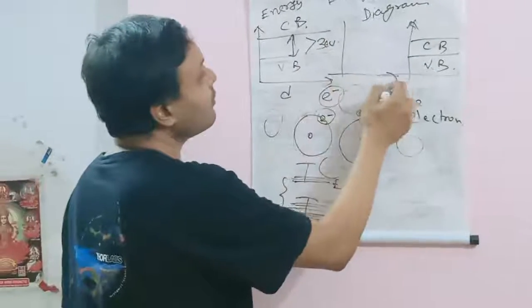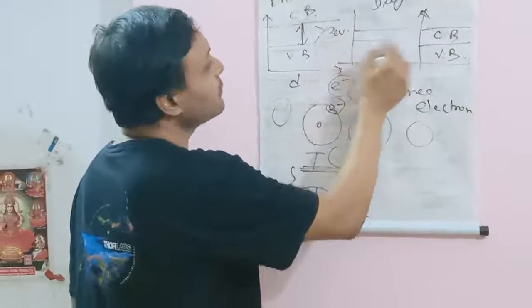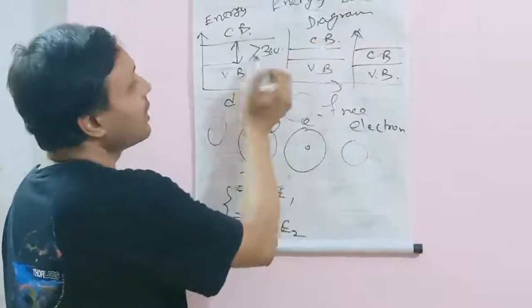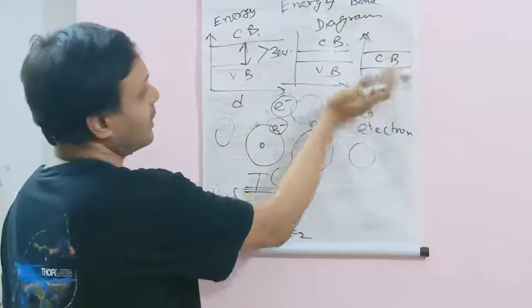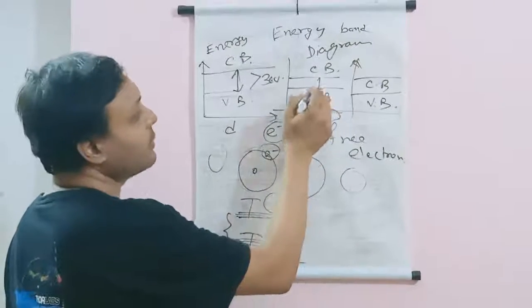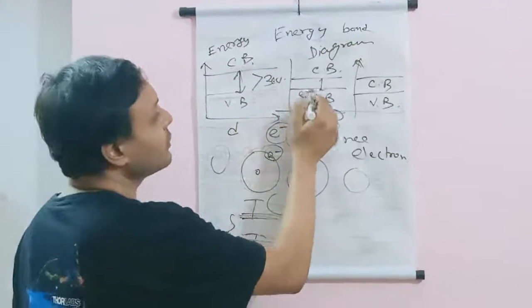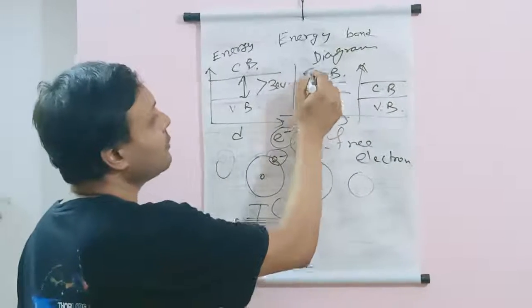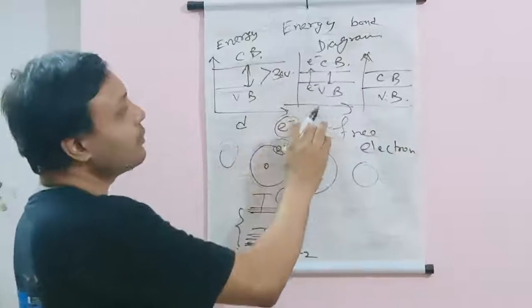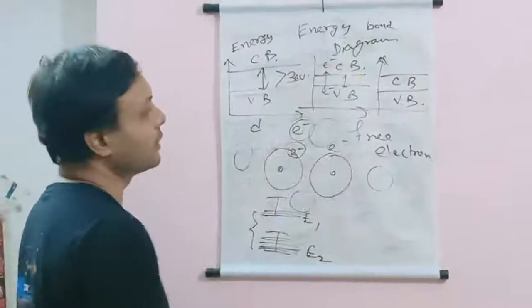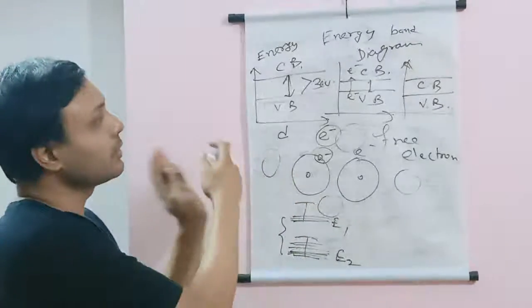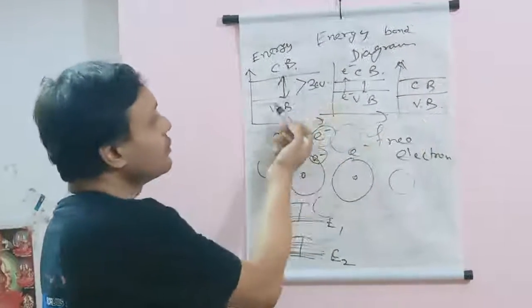But in case of a semiconductor, the gap between the valence band and conduction band is in between that of the conductor and insulator. Because of that, with a certain energy provided from the outside, electrons in the valence band can jump into the conduction band and can participate in electricity flow. And if you don't provide that condition, it will act as an insulator. That's all for the energy band diagram for the different conductor, insulator and semiconductor.